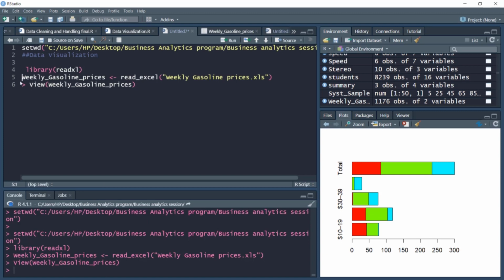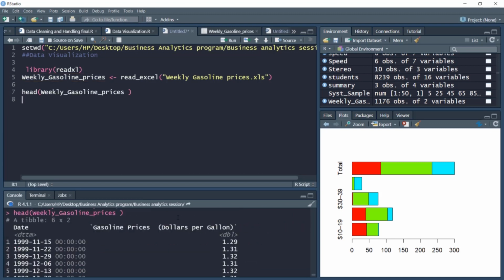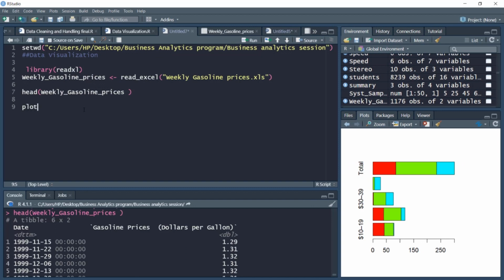So we have the data which is read. If you want to see the data, a very easy way to do that is just type head weekly gasoline prices. So we can see the head of the data. It contains weekly dates and gasoline prices in dollar per gallon. Let's start by plotting this data. We already have some understanding of plotting. So we'll write the command as follows: plot command